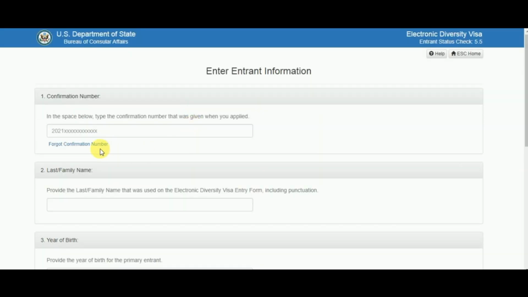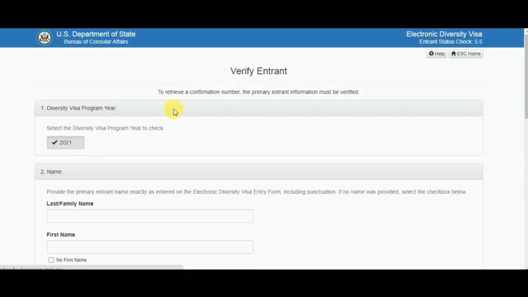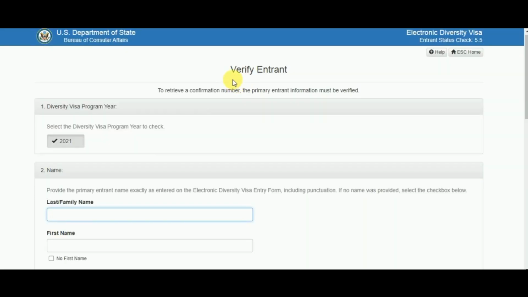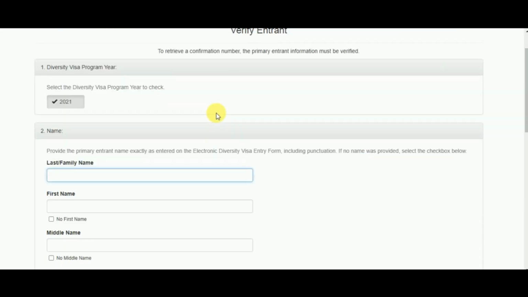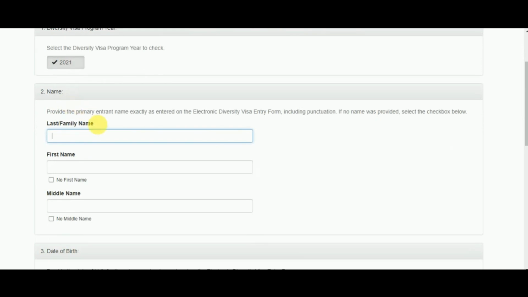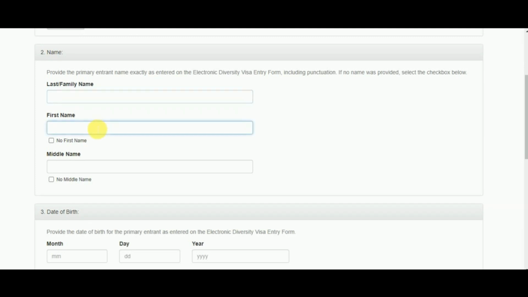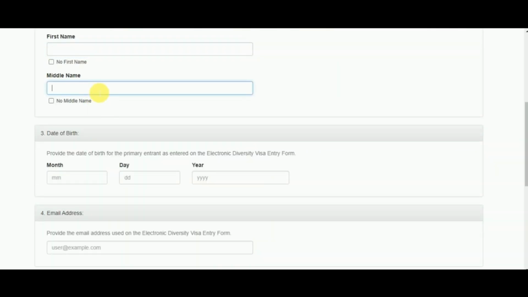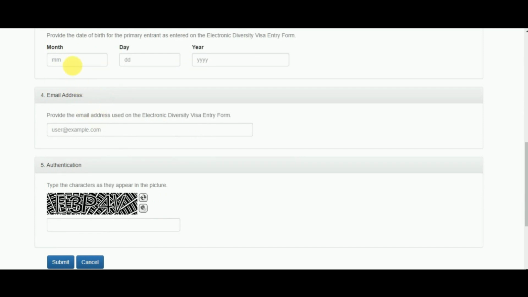In that case, you can click on forgot confirmation number, then this type of page will open. You can see here is the verify entry. In this page you can choose the button, whether it is 2021 or 2022. Then in this box, last or family name, then your first name, then your middle name, then date of birth,